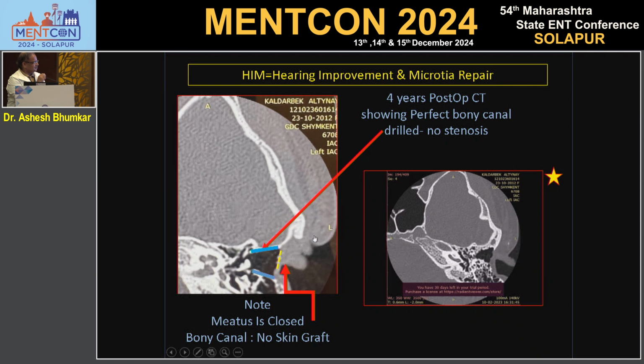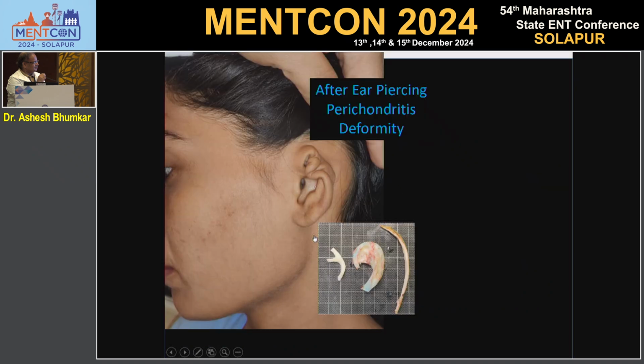All the atresia cases that have been failures are due to the soft tissue, which keeps on trying to heal itself, and we've learned a new technique for that, but that is for some other topic. But this is what we do along with making the external ear. Now specifically today, post-perichondritis, after piercing or after an ear surgery, cauliflower deformities of different degrees,